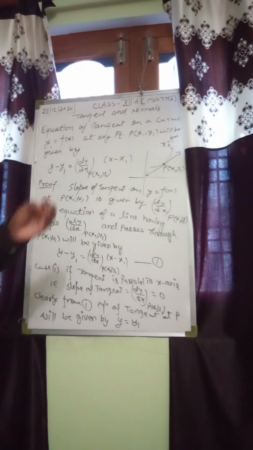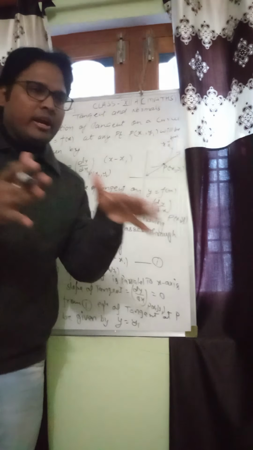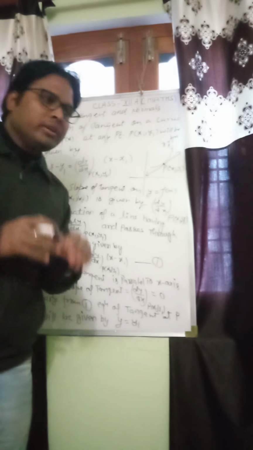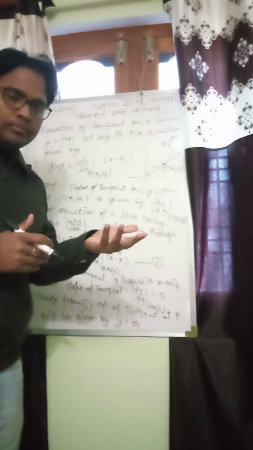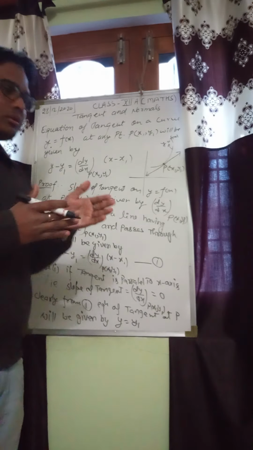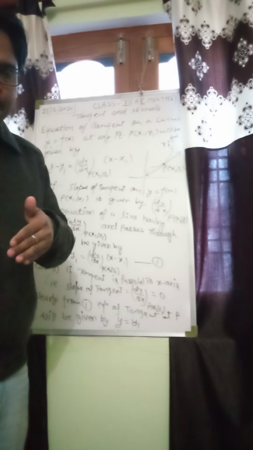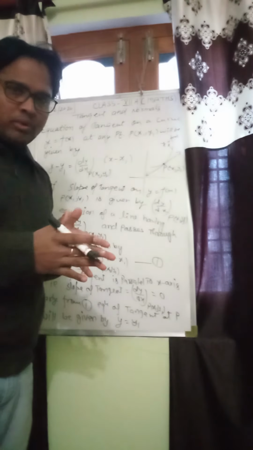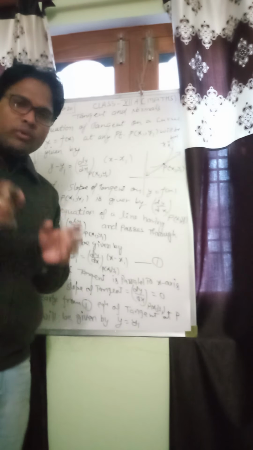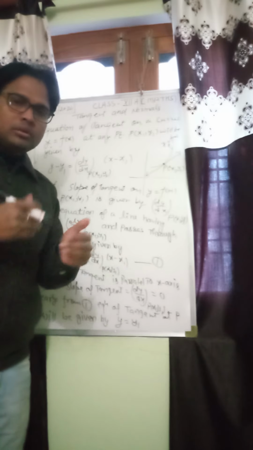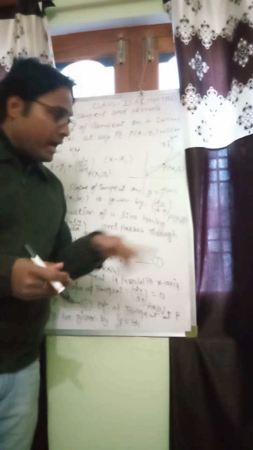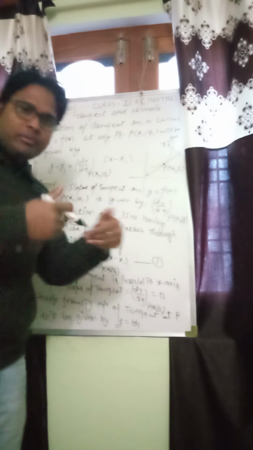Clearly we know that if a line passes through a given point (x1, y1) and somehow we know its slope, then we will use the slope point form to find the equation of a line, and we know that is y - y1 = m(x - x1). So here the point (x1, y1) is given, but our motto is to find out its slope at this point, and from here we will use the derivative.